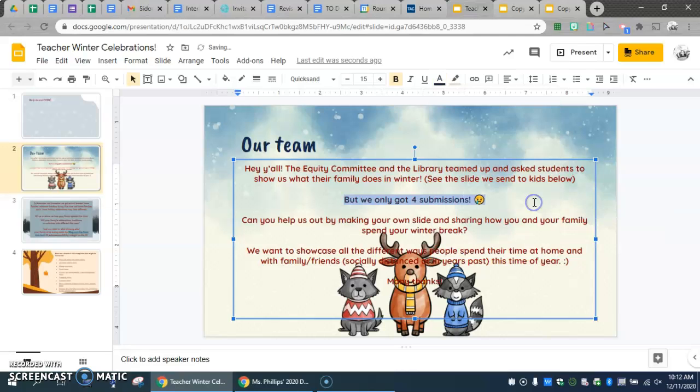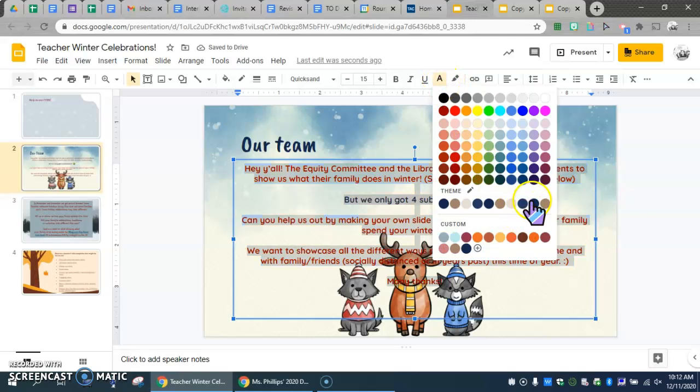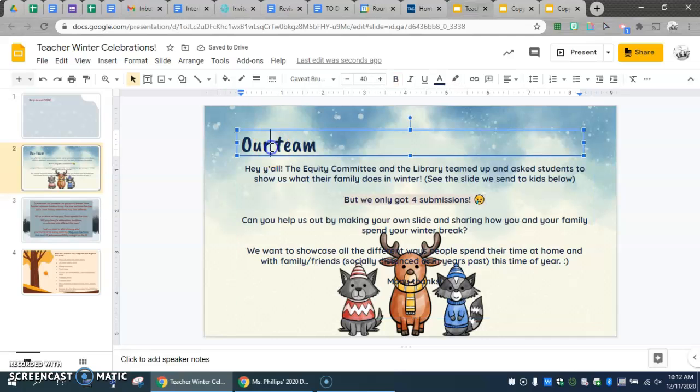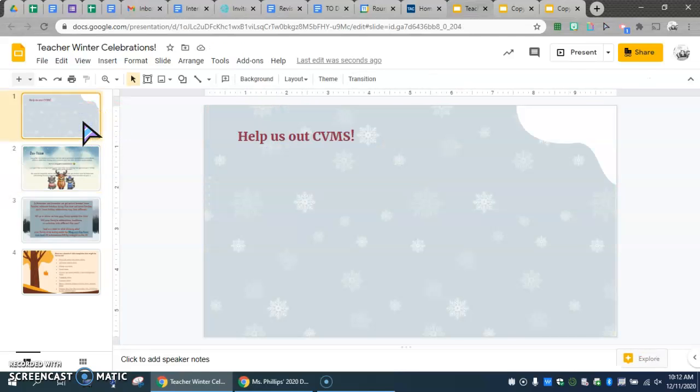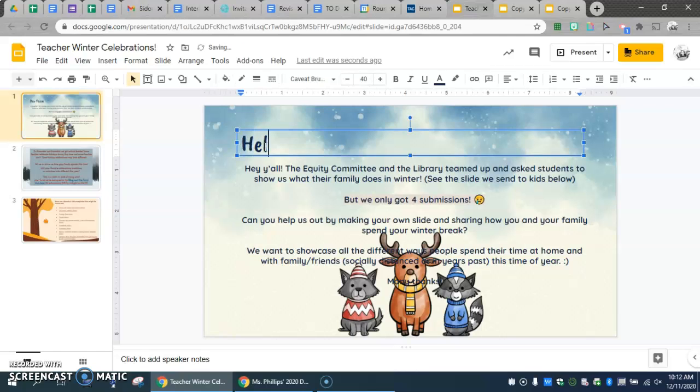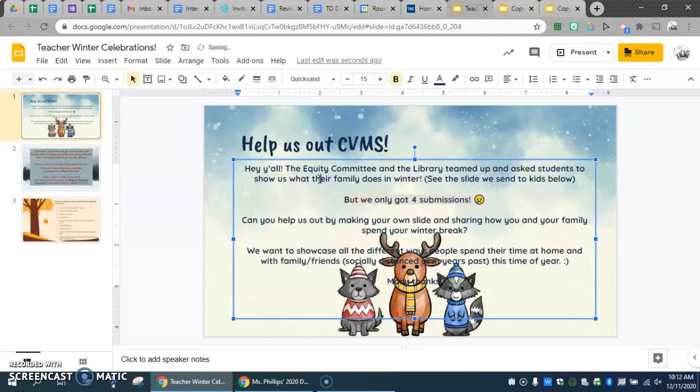I want it to be kind of dark so people can see it. Actually, I'm going to go ahead and change all of the font to that dark blue color. And then for the title up here, I wanted that. Okay, so I know what I'm going to say up here. Alright, so now I can go through and do all of the things that I want to do